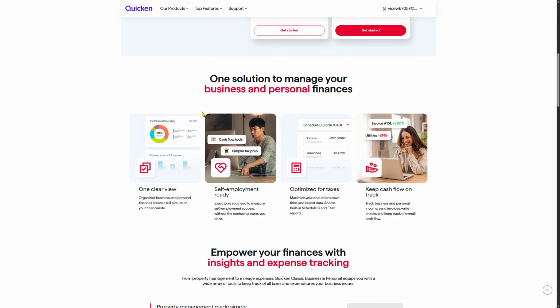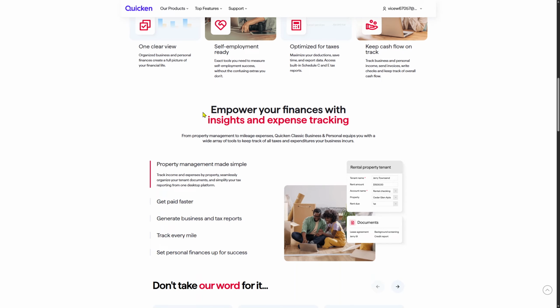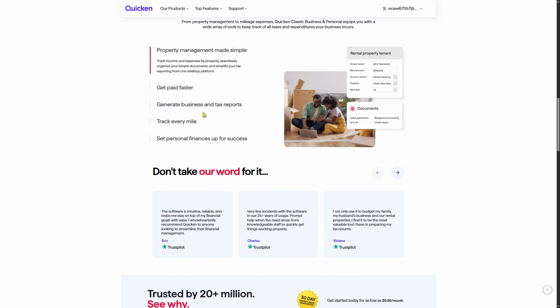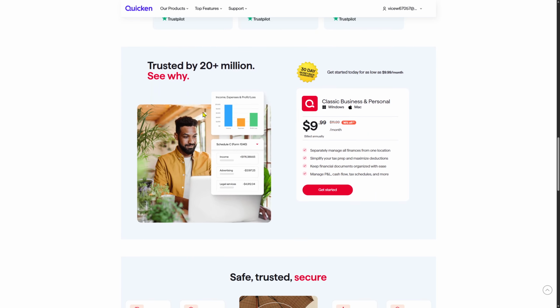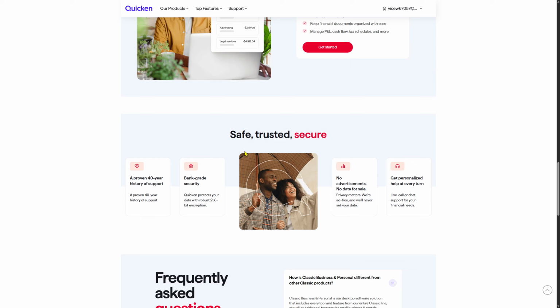So it is also good to keep cash flow and track, so you can track everything. You can have self-employment, and all of that in total is going to help you get sorted with every kind of budget that you want to create. You can manage your income, advertising, legal services. For example, if you are working in that sector, Form 1040, we have much more,